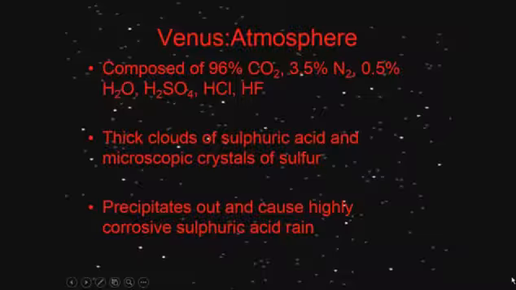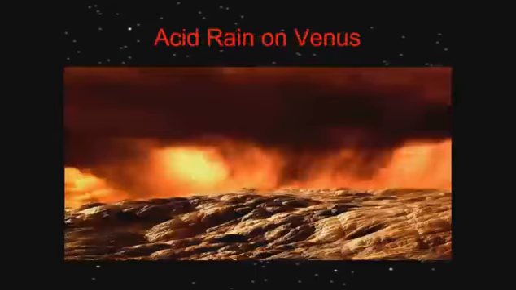And because of this unique chemistry, you end up with a system of thick clouds of sulfuric acid and lots of sulfur crystals forming in the atmosphere. And that will precipitate out as rain does on the Earth. So as water falls from the sky on the Earth, sulfuric acid will pour from the sky if you're on Venus. So we complain about acid rain on the Earth, but it's really nothing like that you get on Venus.